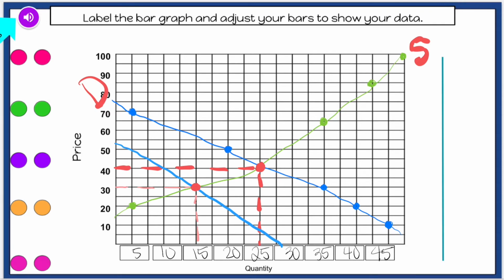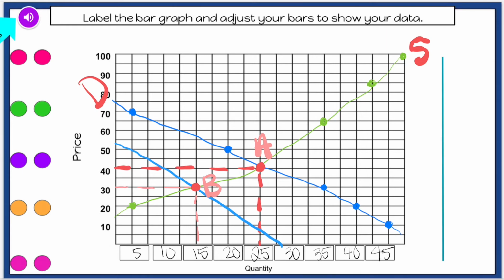So when demand decreases, it decreases the equilibrium price, because our initial equilibrium price, which is A here, was $40, but now it is $30. So again, when demand decreases, the equilibrium price falls, or needs to fall to